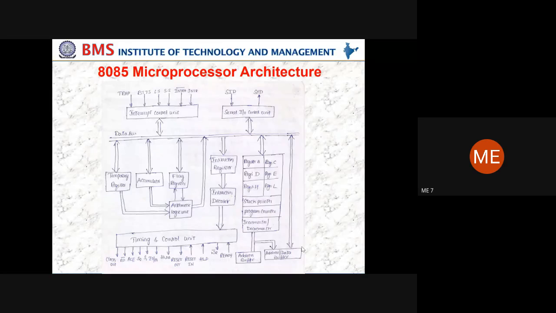We are done with the formal structure of a microprocessor. We understood what is meant by a microprocessor. Under the microprocessor, we have the arithmetic logic unit, the register array, and the timing and control unit. Those are the three components. The second component was the IO devices, which are the peripherals. The third component was the memory. All these three components are connected through a communication channel called the bus. We have discussed some different types of